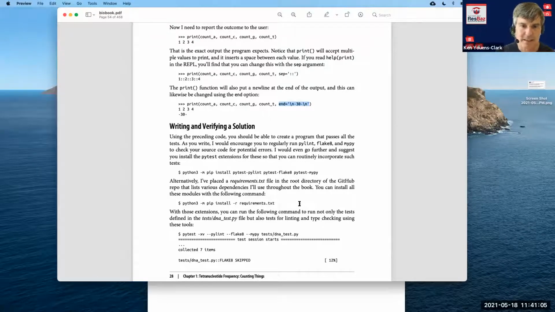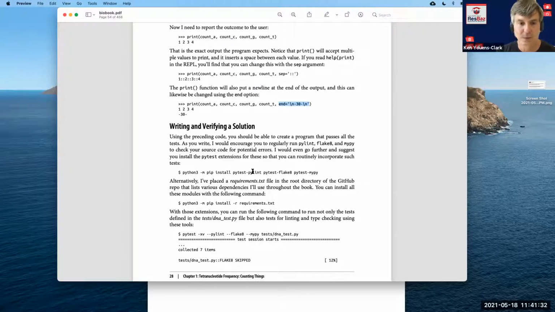The next thing is I want to go a little farther with the testing. So far we've just been running the tests that are in that DNA test.py. But there's other tests that we can incorporate too that verify that our program is linted correctly and that our types are being run properly too. And so I mentioned this in the requirements document that I talked about at the beginning.